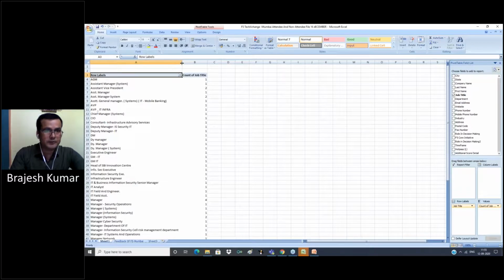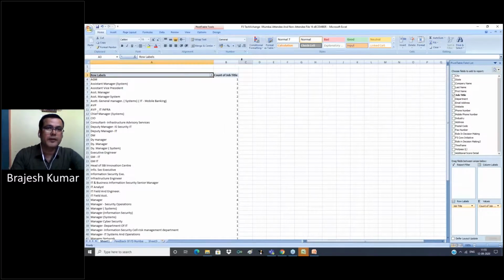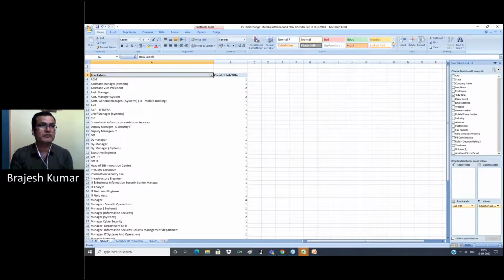A dynamic pivot table is also possible, but for that we first need to know advanced Excel, all Excel functions and formulas, and VBA. So we only use a simple pivot table to summarize our database and generate our report.